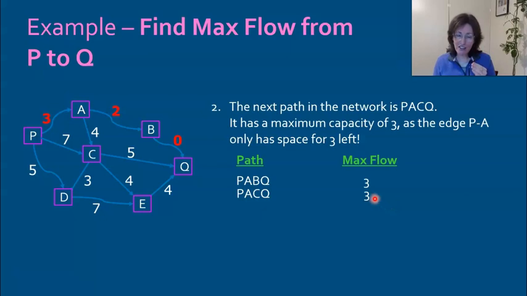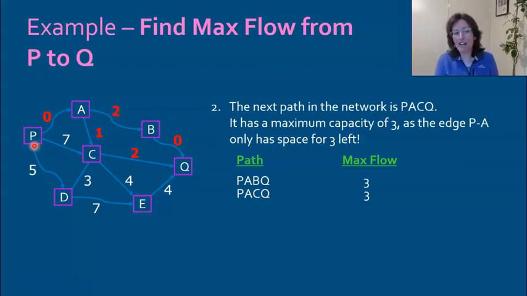Now you subtract 3 off each of the numbers along that path. We tend to go backwards. So 5 subtract 3 gives us 2. 4 subtract 3 gives us 1. And then 3 subtract 3 gives us 0. Next path. Now,